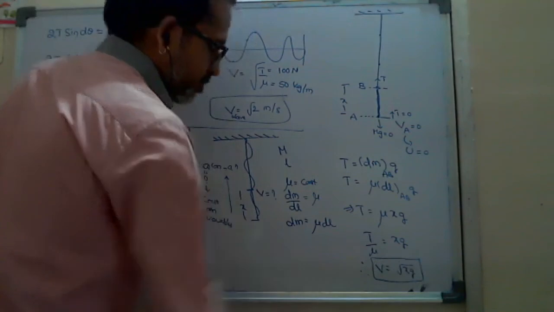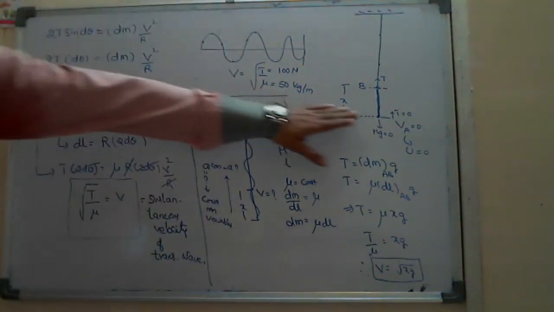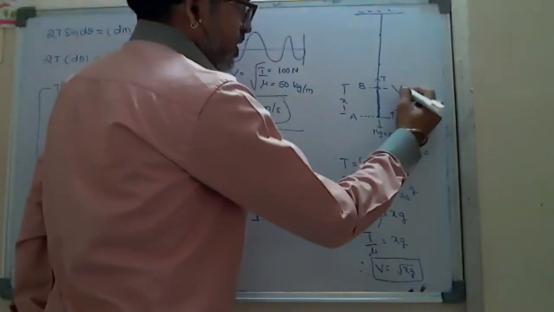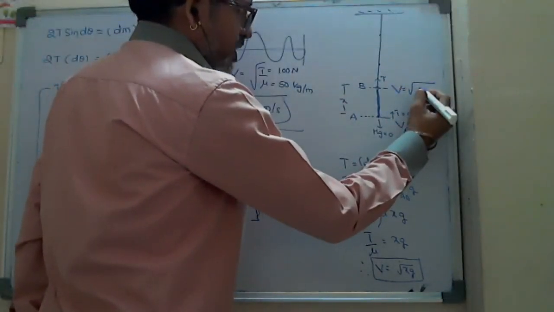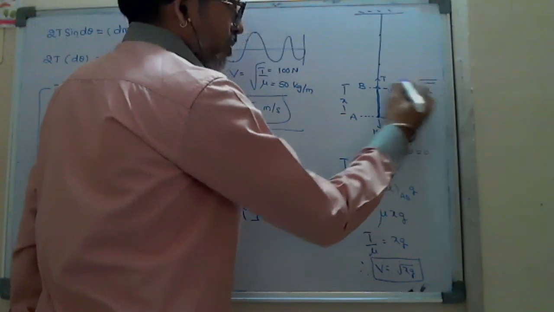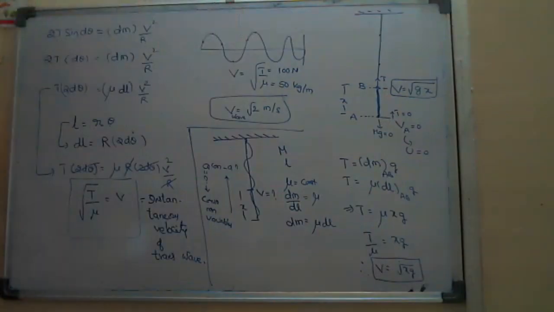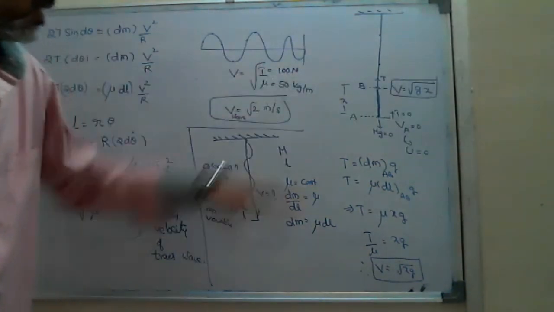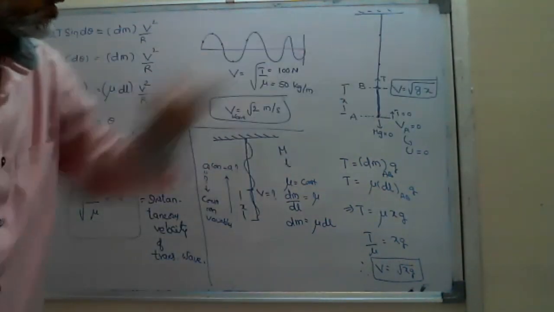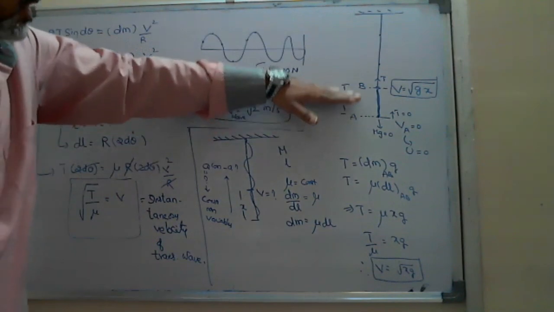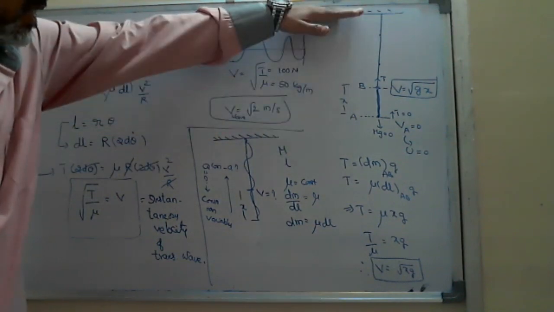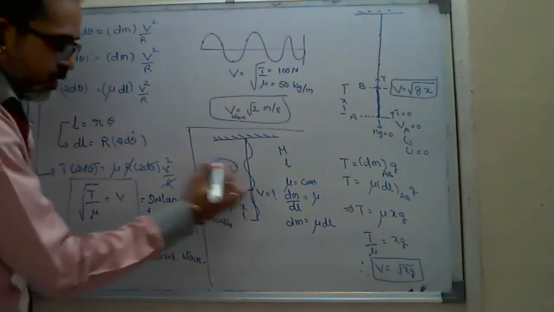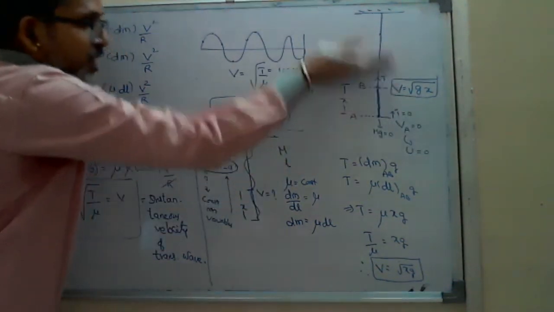This is the velocity. Look here, initial velocity is 0. At a distance x, the velocity is a function of x, root of x into g, where g is a constant. So v is directly proportional to root x. When x changes, velocity also changes, and if you go up from the bottom, x increases and velocity also increases. So in this first question, velocity is increasing with x.